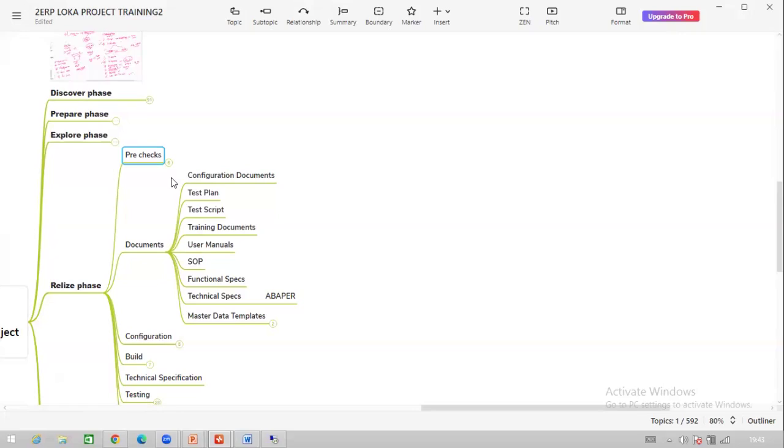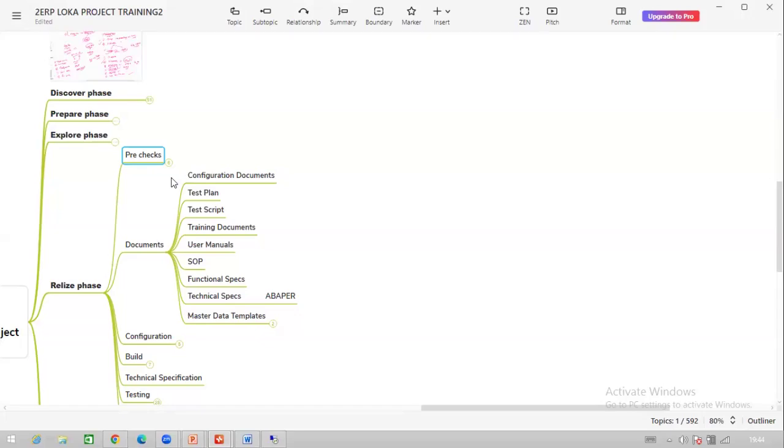So why are we creating the documents for the configuration? You are the consultant, you are building the configuration. Why should you prepare the documents? There is no agreement or rule that a consultant is going to work with this project till the end. You might get rolled off. You might change your company. So that depends. And if you're still working on the project till the end,